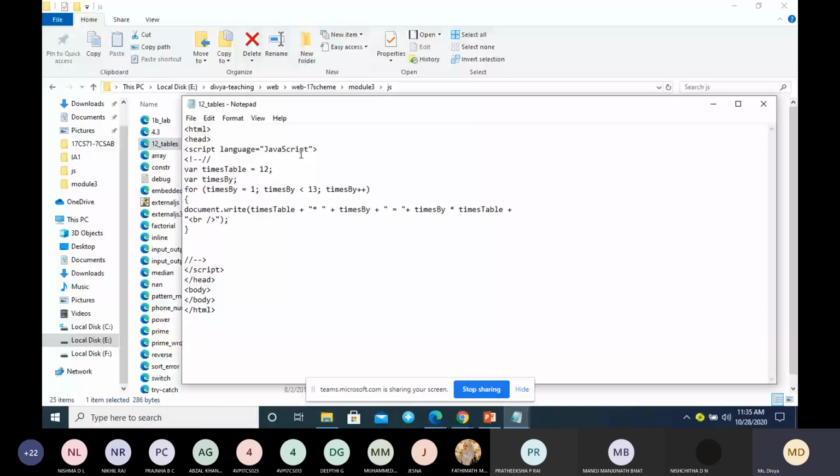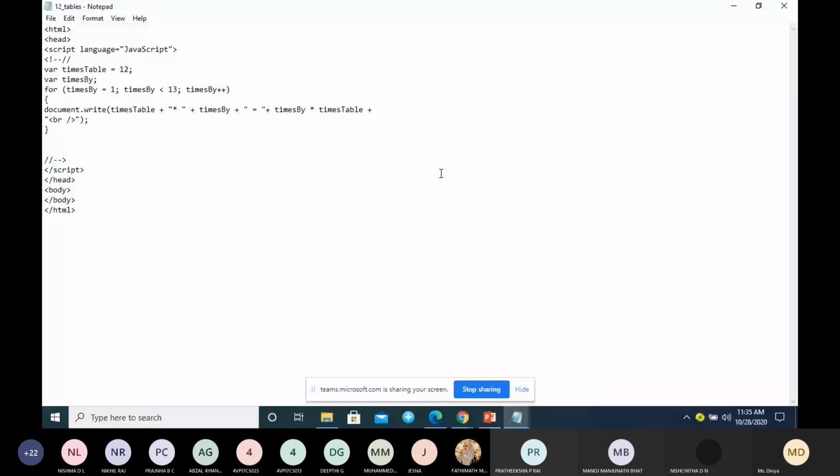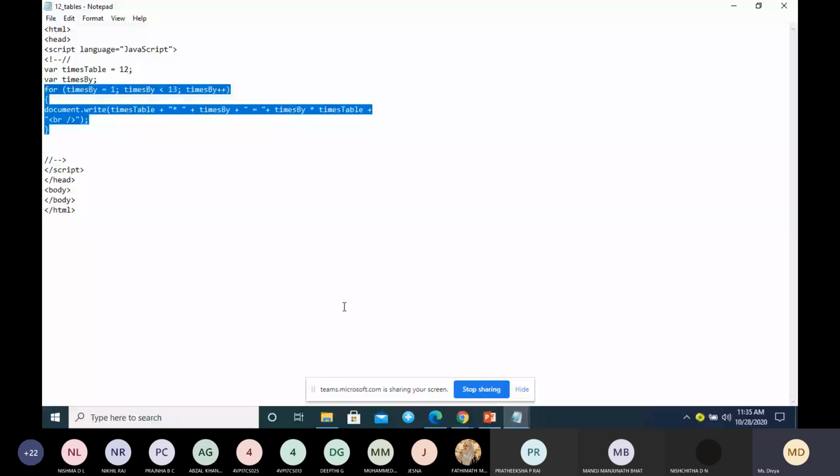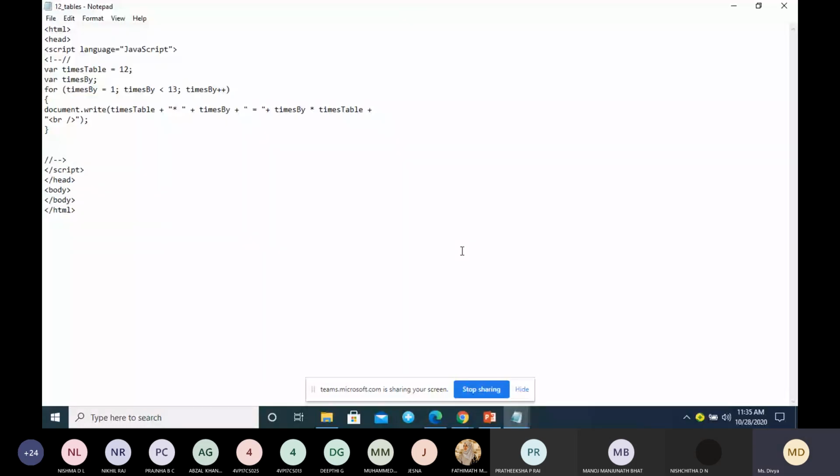A very simple program. Here we are using a for loop. And how are we going to display? First we'll have the number, and this is a number which will be incrementing. You can end it at 10, or you can end it at 12. That is left to you. Then here we'll have 12 into 1, 12 into 2, 12 into 3. If you know how to write the program in C, then it is very simple to understand.